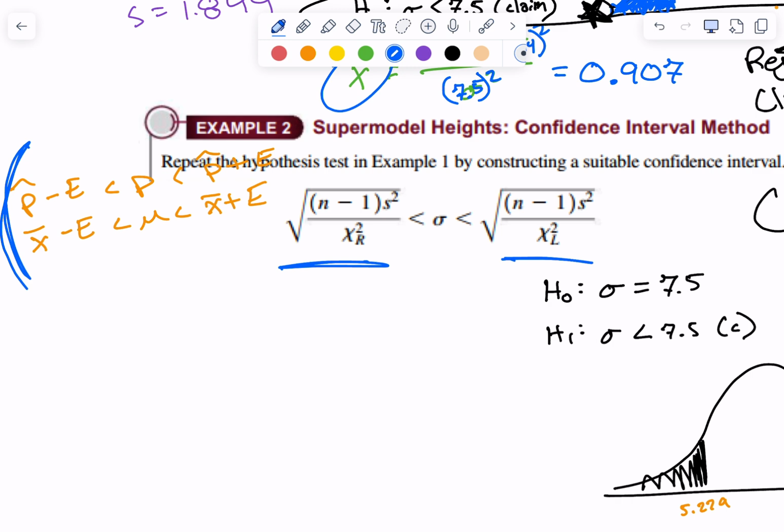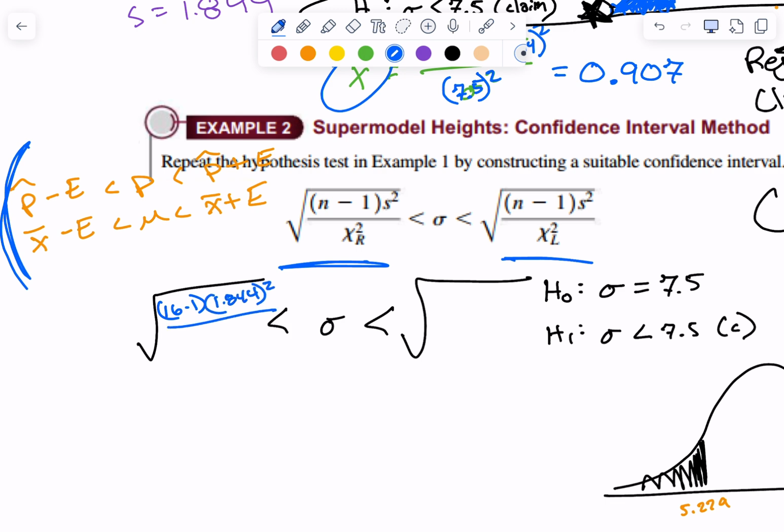So yeah, this is where you have to switch. Yep, and you switch: the right goes on the left and the left goes on the right. So we've got this guy here. And n minus 1 would be 16 minus 1, according to the formula. If you want to put 15 in there, that's fine. 1.844 squared. It's like the same formula. 16 minus 1,